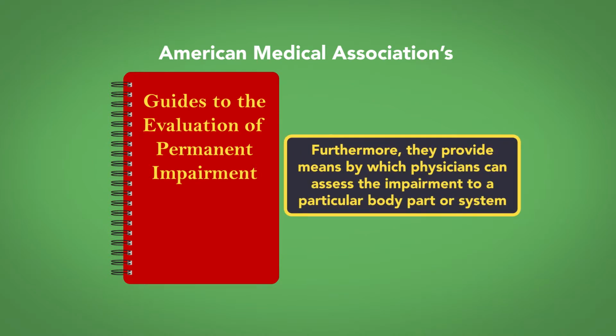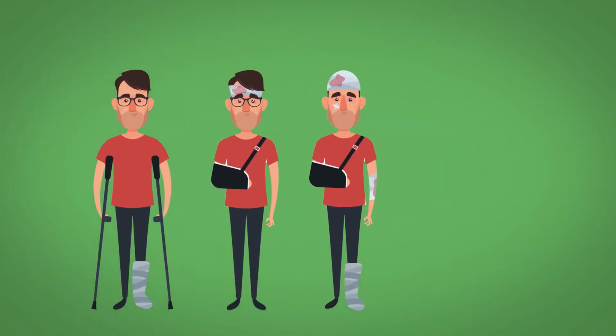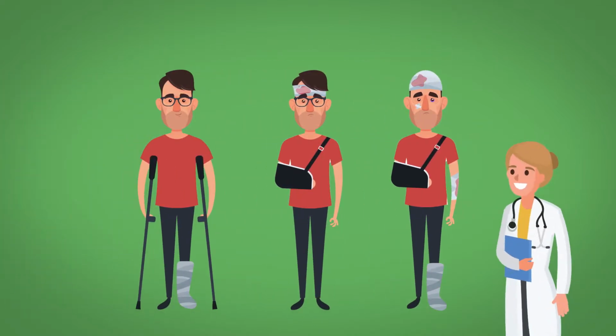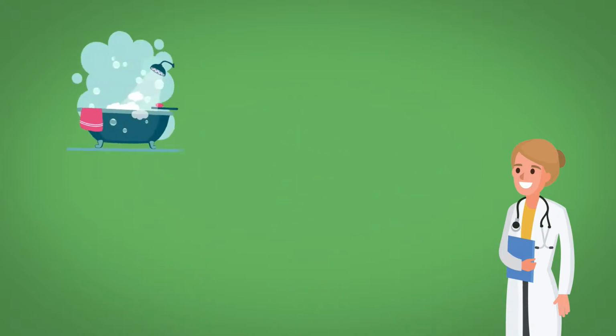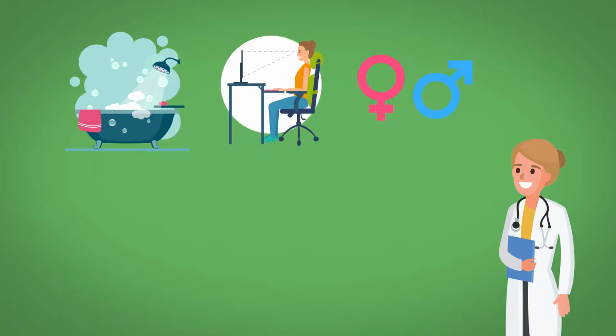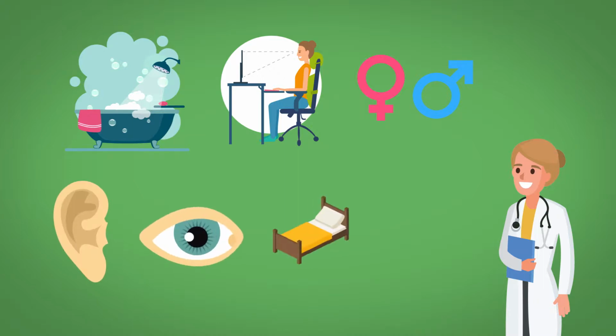Furthermore, they provide means by which physicians can assess the impairment to a particular body part or system. Based upon the level of impairment, the physician will assign an appropriate impairment rating that reflects how the injury will affect the worker's ability to perform activities of daily living, which would include things like personal hygiene, basic physical activities such as sitting, sexual function, sensory functions such as hearing and seeing, sleep and communication, but they do not include